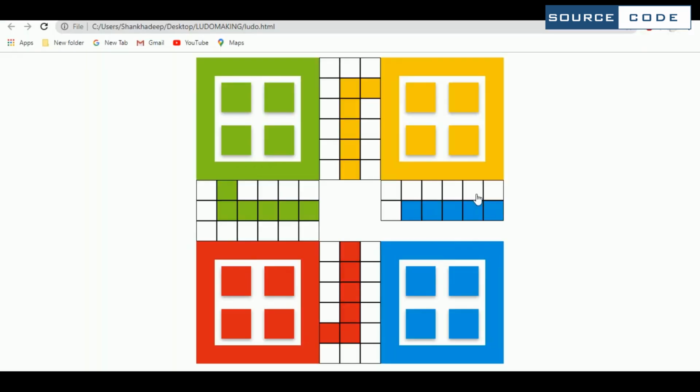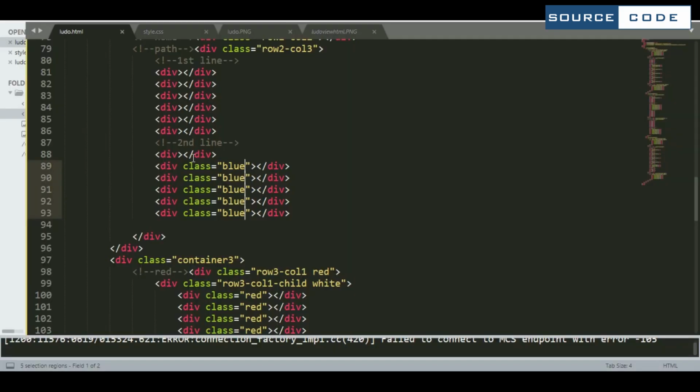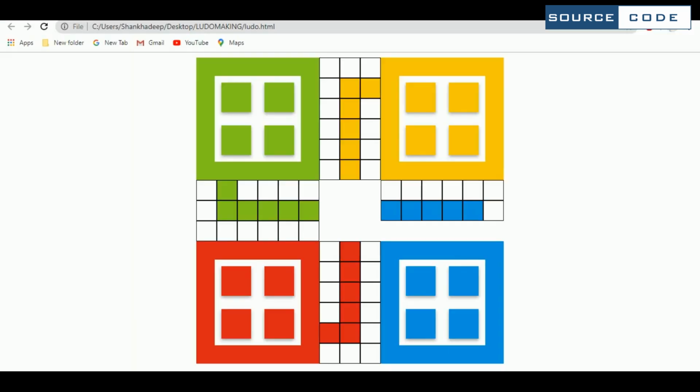So here is the result, but we are not getting the same one. Remove from the last one. So as you can see that we have got the result for the last one. We have to add one blue color that will be at the second last place.